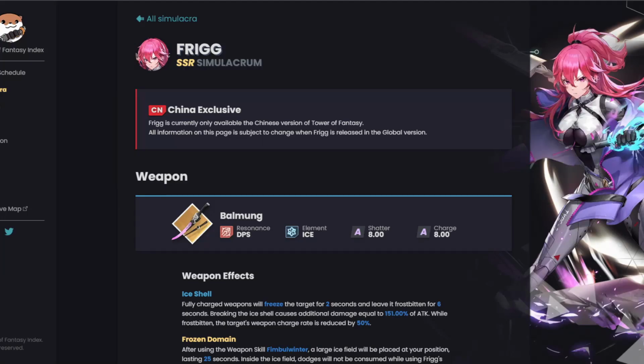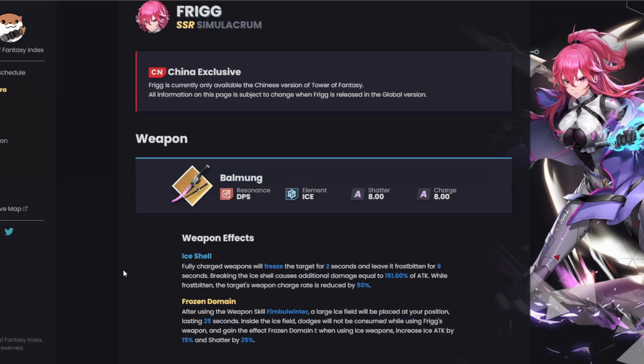Frigg is the next banner coming, so I wanted to do this overview as soon as possible. Frigg is an ice elemental unit. She is a DPS, and she doesn't have much shatter or charge, but it is pretty decent considering she has 8 of each. Moving on to her weapon effects, she has Ice Shell, like all ice units have, where whenever